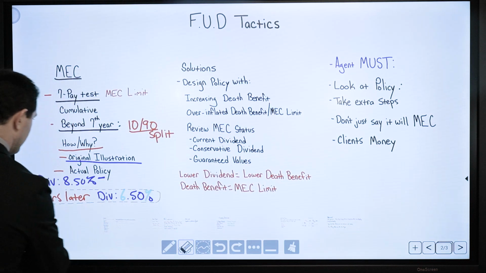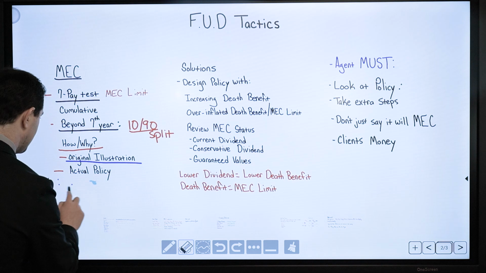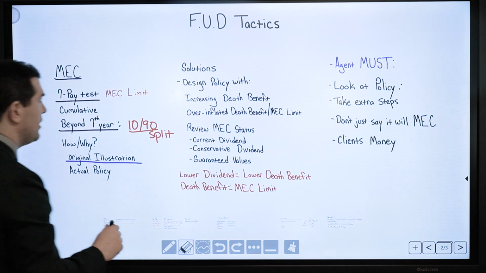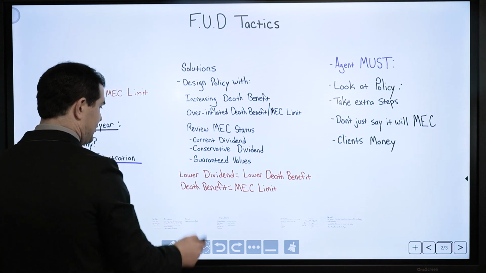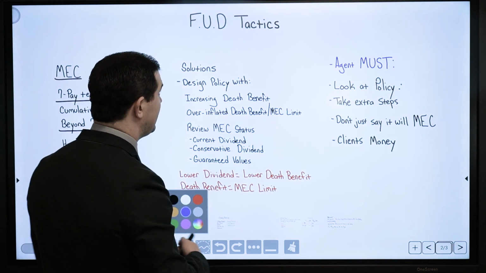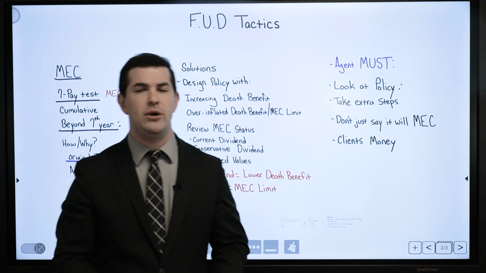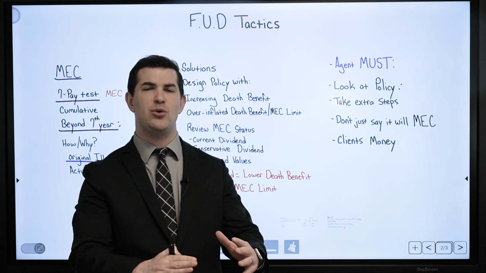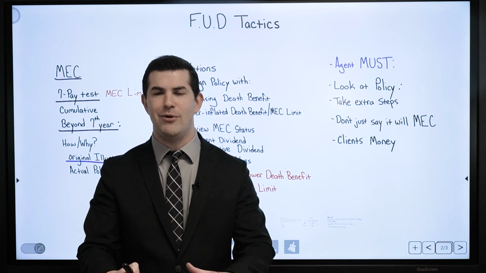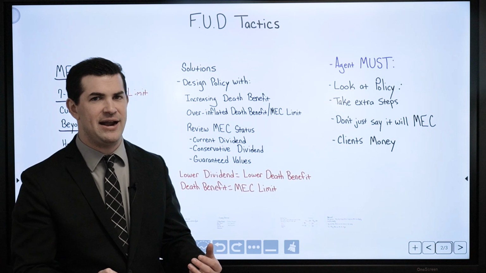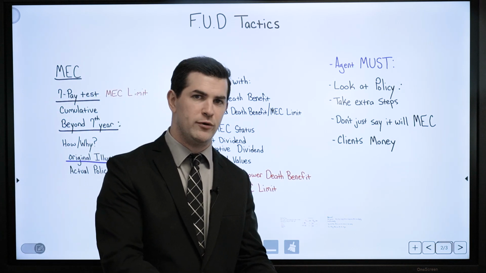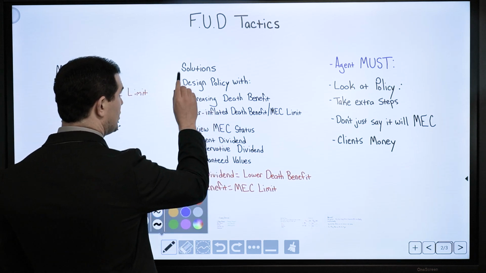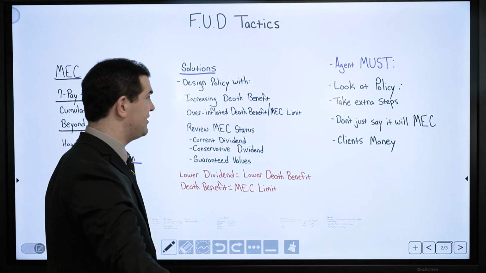Now, I realize that can be a little confusing, and I realize I go through this stuff fast sometimes. So, we're going to look at some examples here. Here's what I want to touch on first, is if we hear that a policy will trigger a MEC, meaning if I go with a minimum premium policy, you can't do it because it'll MEC long term. You know it won't. The policy I mentioned earlier was not a 10/90 split. I was closer to a 40/60. Here's the solutions in order to really assure we don't trigger a MEC with any type of design.